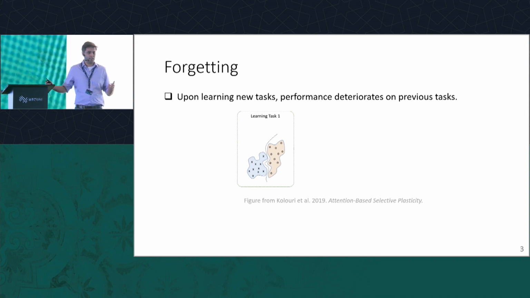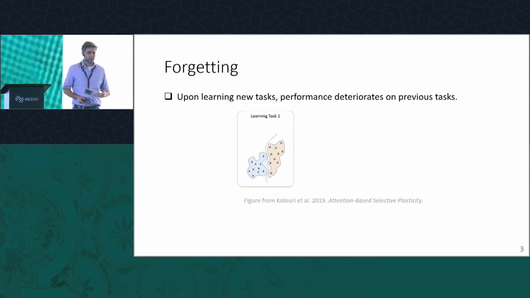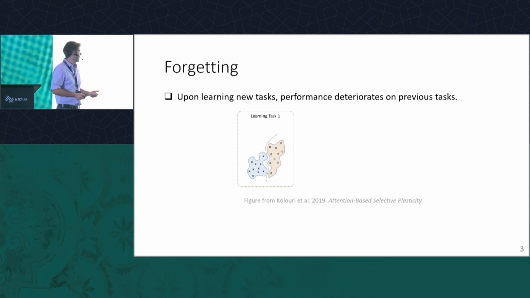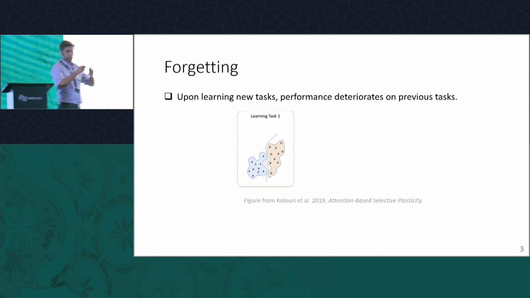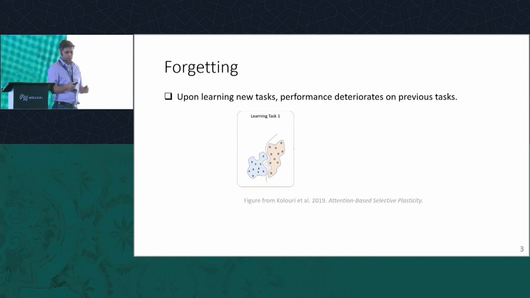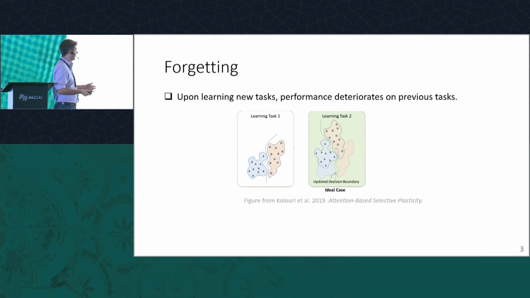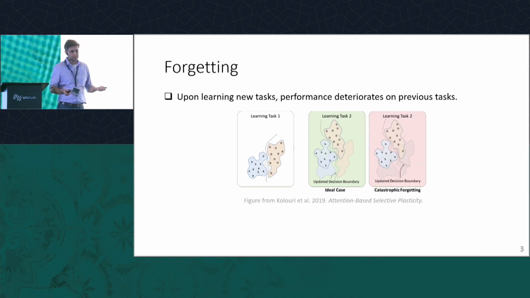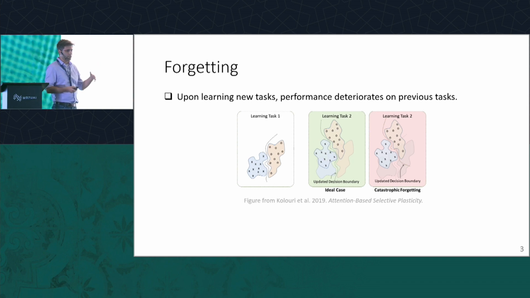So this is a nice picture from Couture et al. that shows this: when we learn one task, we have these two clusters we want to separate. We learn some decision boundary, and then we learn a new task. What ideally we'd like to do is to retain the decision boundary on the previous task, but still have good performance on the new task we've learned. What happens in practice is that unless we do something, there's no reason that the boundary will still be good on the previous task. So it changes because of the training procedure or the implicit bias of the algorithm, and then we get bad performance on the first task.